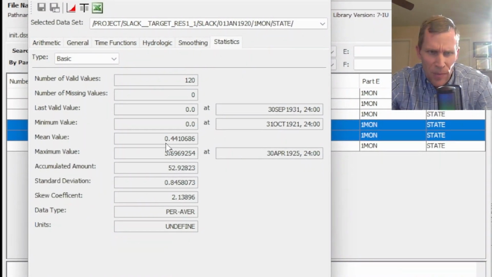So the average is 0.44, and remember that's 1,000 acre feet. So 440 acre feet, 441. So that was the average, I'm sorry. And then the maximum is 3.69. So there does happen to be a month